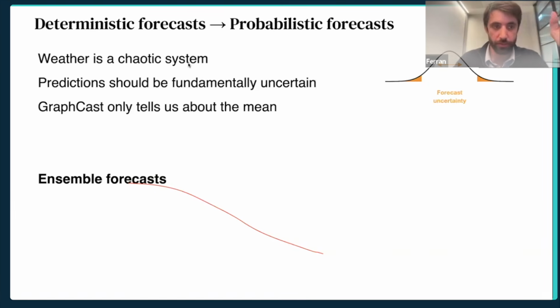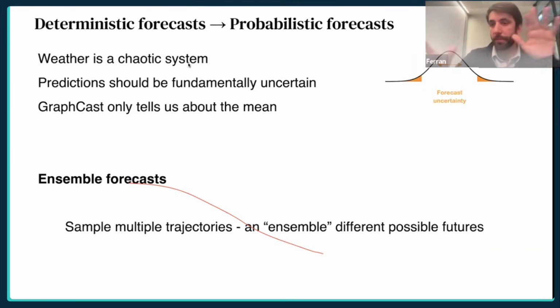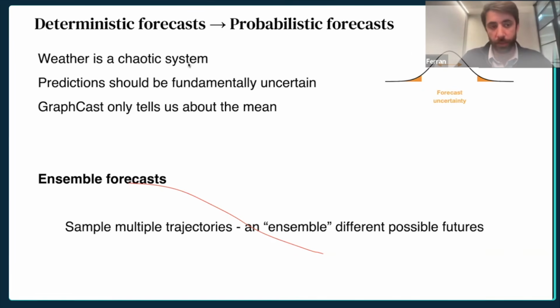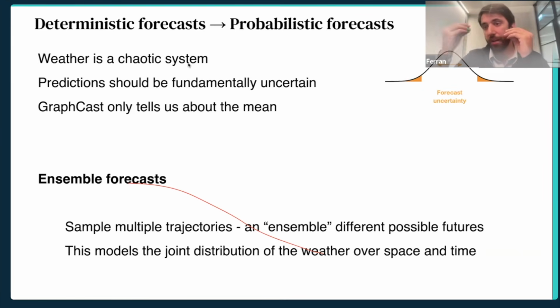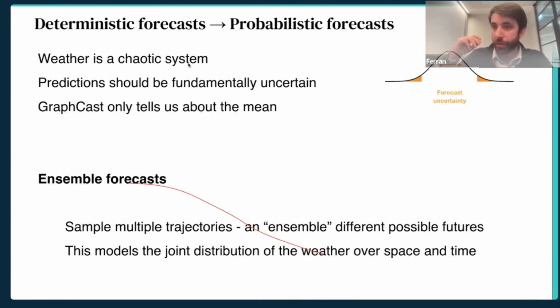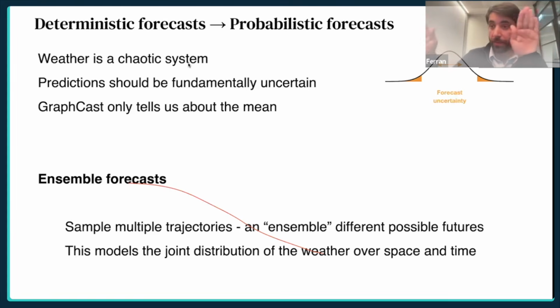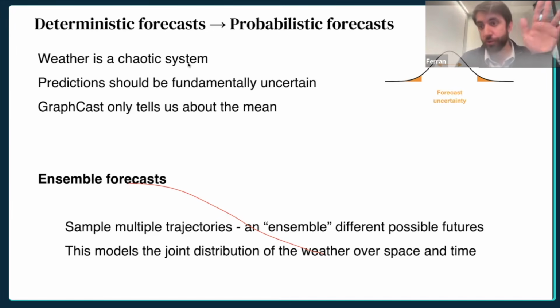So what we want to do is ensemble forecasting, where we predict maybe 50 samples of what the weather could look like. Each sample is going to be realistic weather. So it's modeling the joint distribution of weather across both space and time. So correlation. For instance, it's not the same saying that there is a lot of wind in London and in Cambridge, 50% probability in London, 50% in Cambridge, but they are uncorrelated, versus if they are correlated.